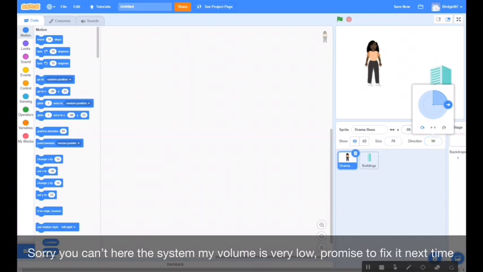Okay, so now that we're done that, the next step is, what you want to do after that is we're going to now make the Drama Bean move around. And to do that, we're gonna have to add a code to Drama Bean. Okay, and so that code will make Drama Bean fly around when we click the arrow keys. So the code begins when we do